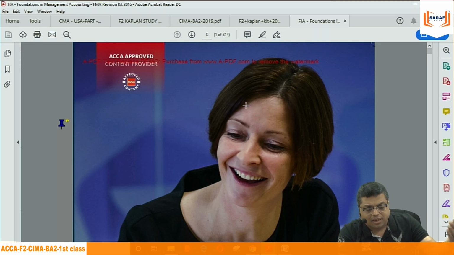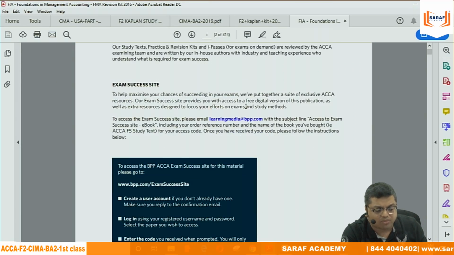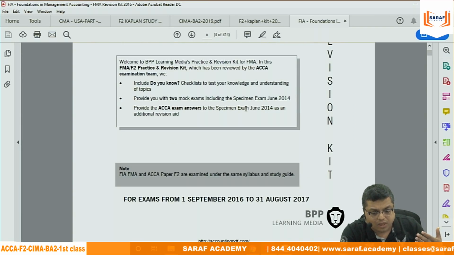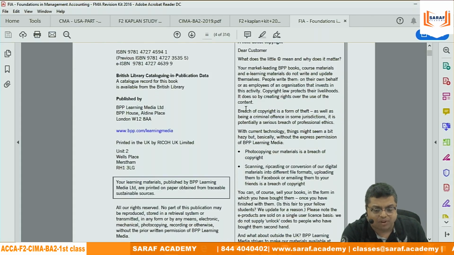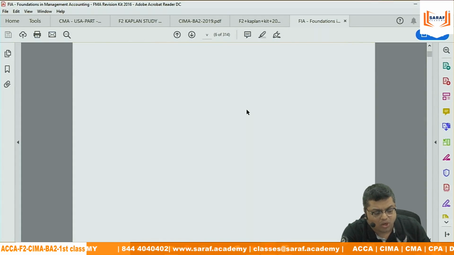Like that, when we had the class for F3 in Kolkata Center, if somebody was not coming, there was no recording. For this class, the whole class is getting recorded fully. And when the class is over, as I said, after 24 hours, in working days, we will be able to give you the recording of this class. So even if you have some doubts but are not able to present them in the live class, just mail your doubts. With the mail, I will take care of all your queries.